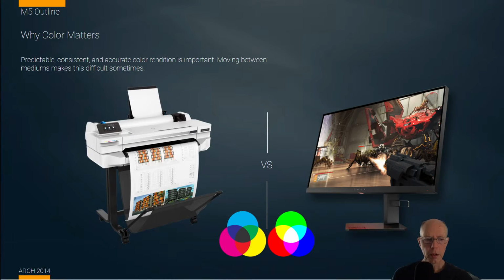And once again, why this color matters. We see something on the screen. We want it to have great fidelity when we print it over here, and we can be really surprised by the fact that we've gone through this transition from an RGB color space with a monitor that has a light behind it to printing on paper, which doesn't have a light behind it, and printing with a different kind of color fidelity. So one of the cautions here is to understand that will happen,